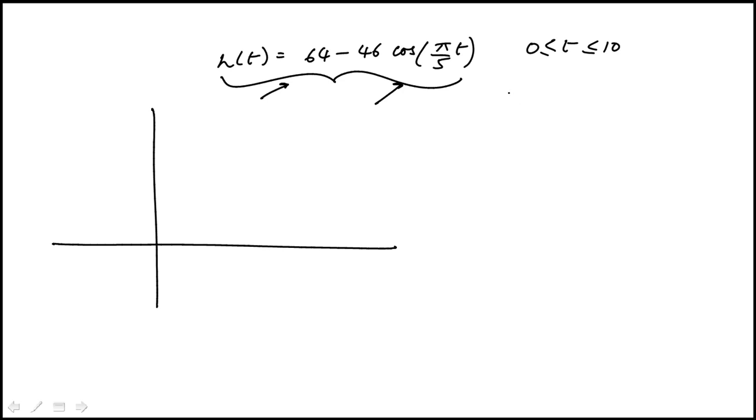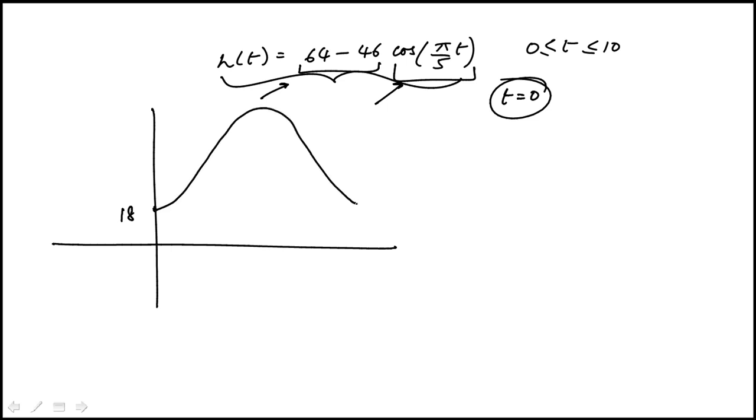So for example, when t is equal to 0, cosine of 0 would be 1. In that case, the initial height would be 64 minus 46, which is 18. And then as t goes up, the cosine function is going to go through a maxima and then come down. So what they're looking for is how many minutes